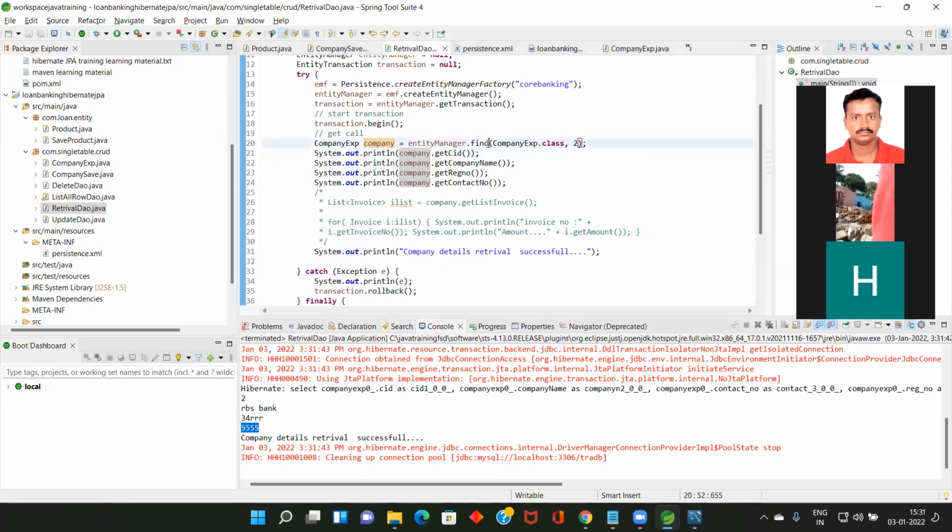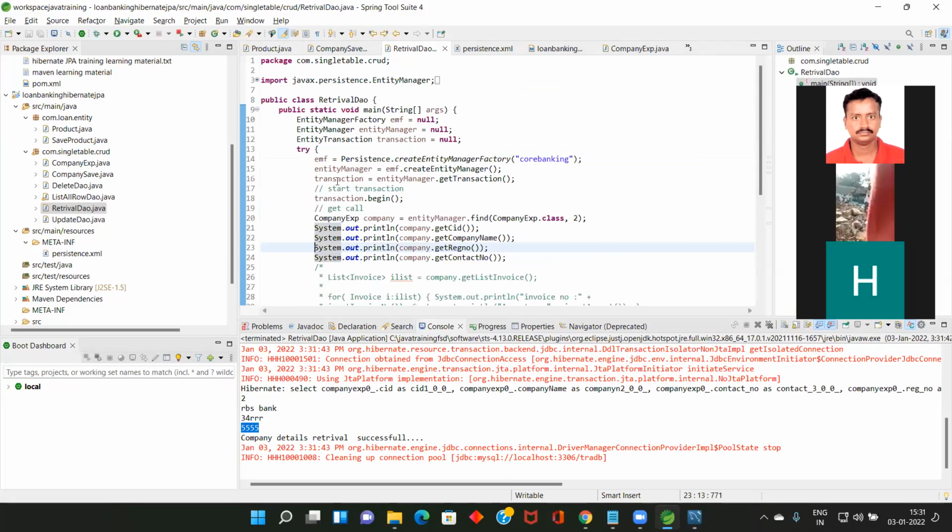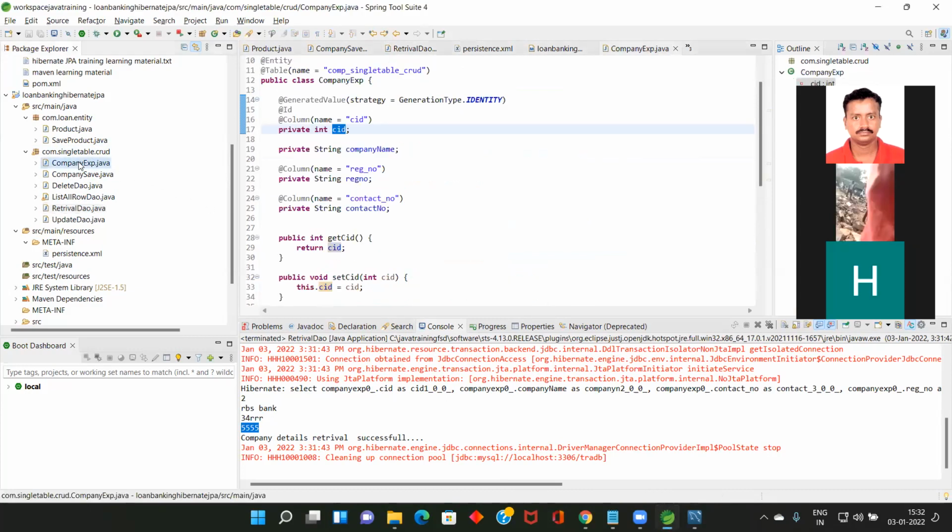So to pull the record, this is the thing. So now let me send this file to you people. What you have to do, maybe you need to go one by one. First, you need to add the record. So I will send this one. If I send this file, when you download and include it, the com.singletable.cut package will automatically get created. So you don't need to worry about that.